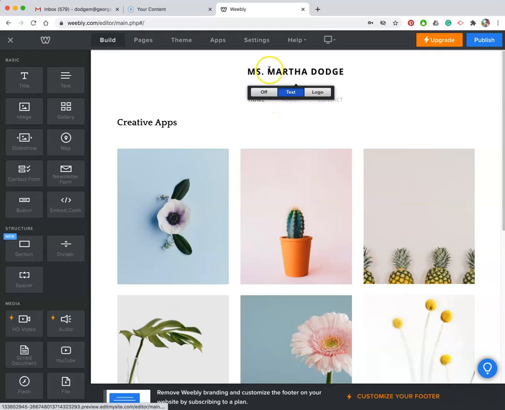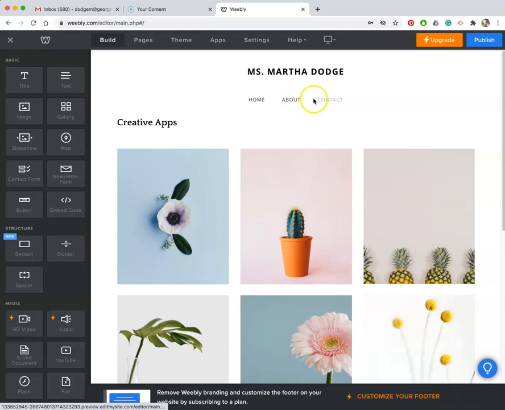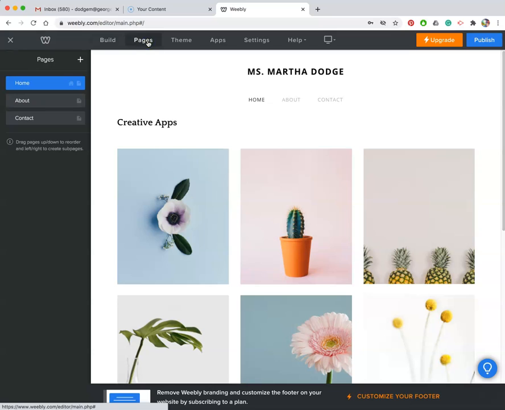You should have a home button at the top. This is your home button. If you have a lot of other sections up here about contact, we don't need those. We will get rid of those. To do that, go up to the top black bar right up here. We are on build. I want you to click on pages. Here is our home page. Yes, we want to keep that. But we're not going to use